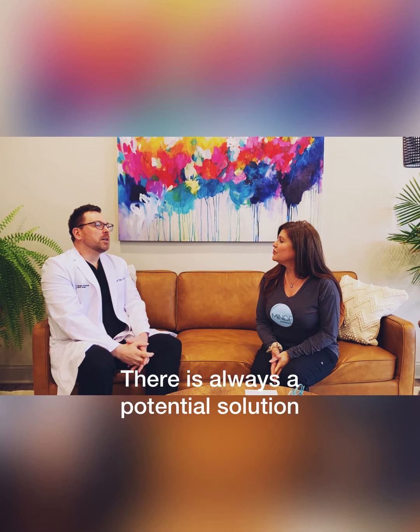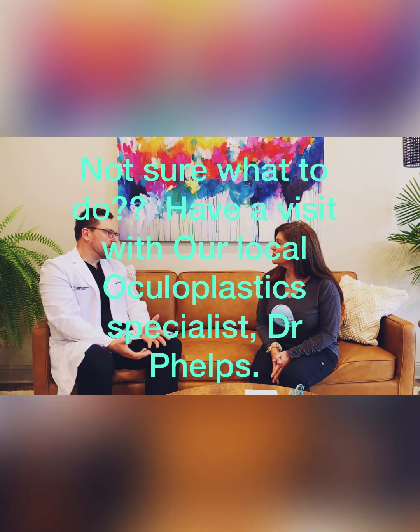But some patients, as they get older, the upper eyelid actually hollows out. There's something called the enophthalmos of aging, which means the eye and the fat kind of shrinks down as they get older. So those patients wouldn't necessarily be a great candidate for a blepharoplasty, for example. But I guess what I would say is, to really know what the best treatment for you would be is to get a consultation with someone like me. I really think that Oculoplastics specialists are going to be able to give you the best idea of what you need for your specific case,